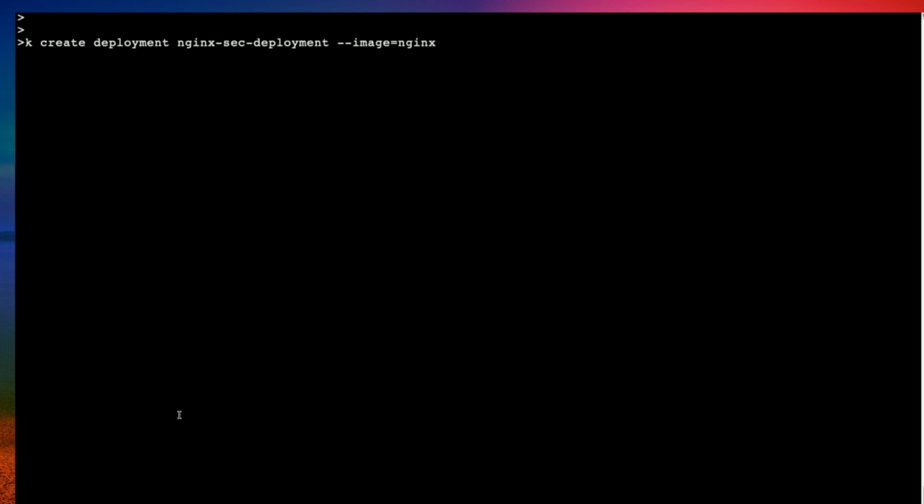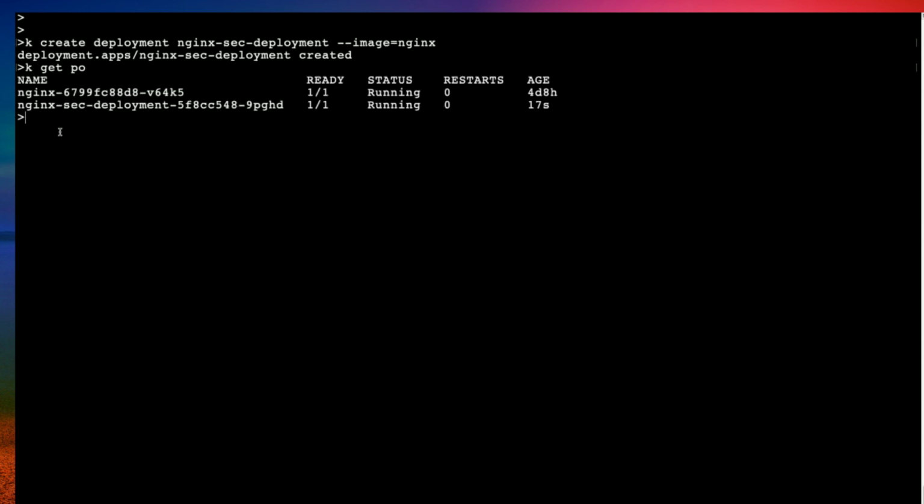So the deployment contains the blueprint for creating pods. The most basic configuration for a deployment which we pass is the name and the image, and the other values are default. Let's check the pods. So as you can see, the Nginx second deployment pod is up and running.